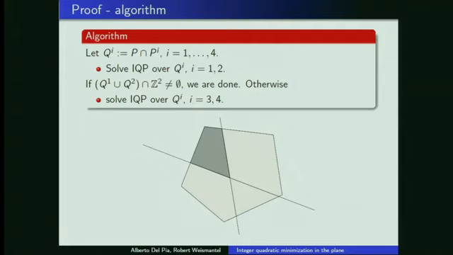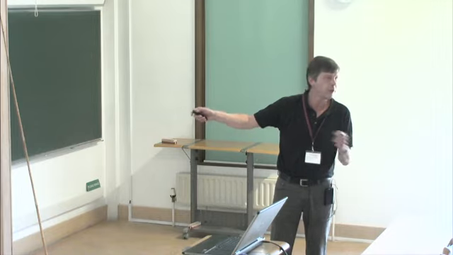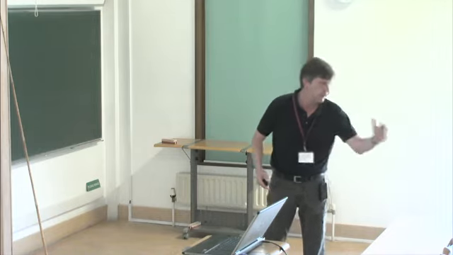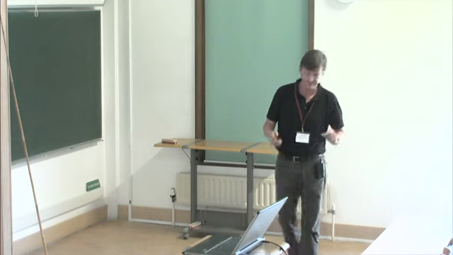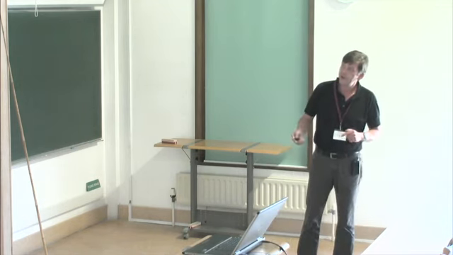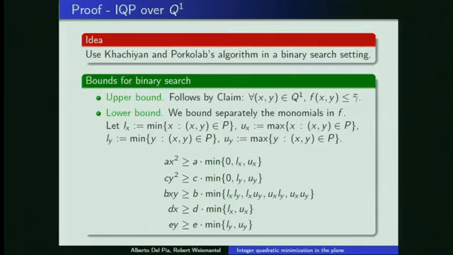And this is a very, very important property. Only because this holds, we are then able to solve the problem over Q3 and Q4. So it's the sequence, which is also important. So this is the illustration, how we proceed. So now the first thing is, let's look at these two types of regions, the Q1 and the Q2 and the Q3 region. So for the first region, we want to apply now Khachiyan and Porkolab's algorithm in a binary